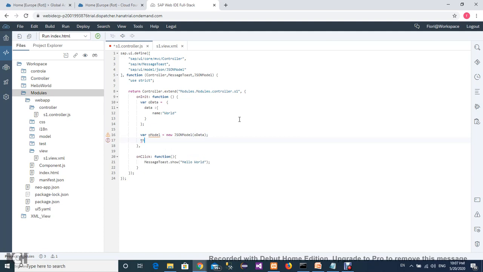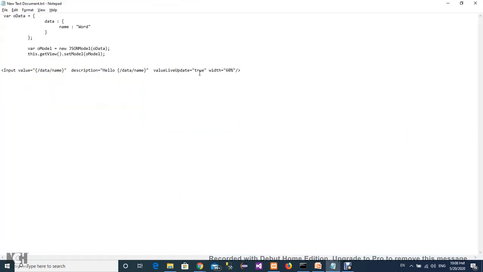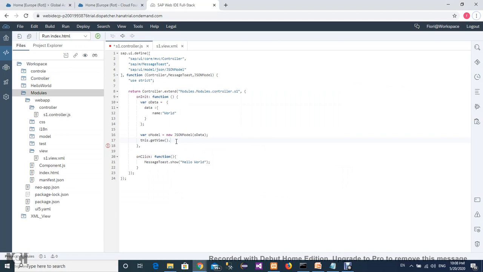Now this.getView().setModel. Now load that oModel into our view.